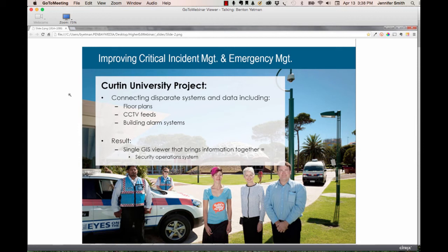As I showed you very briefly there, Curtin University started out developing their GIS to support the space management side of the organization. And we're able to build out their indoor GIS really on that level. Having built that foundation, they started seeing interest from the critical incident management team and campus police, who were looking to access floor plans. And over time, they've built out a capability that brings together live data from many different